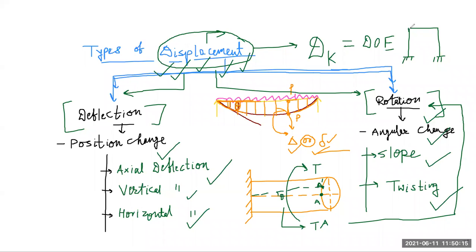So you have to count. Here is a joint. Here is also another joint. Here is also another joint. Here is also another joint. So everywhere you have to count the total number of displacements possible at a joint. During counting of the number of displacements at a particular joint, you have to count the number of deflections possible at that joint or not, and also the number of rotations possible at that joint or not. If you add the number of deflections with the number of rotations, then you get the value of displacement.